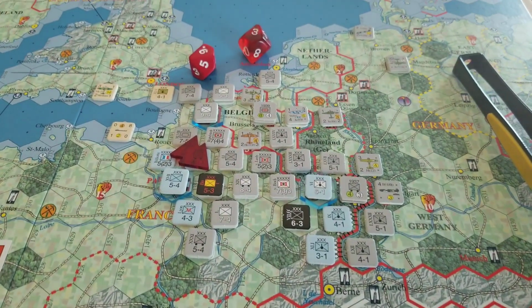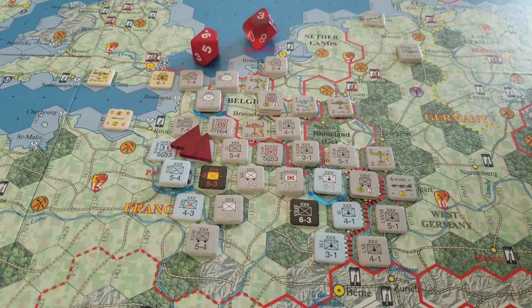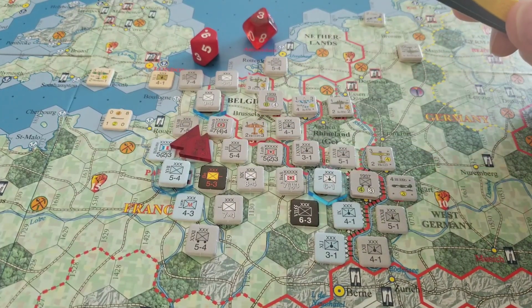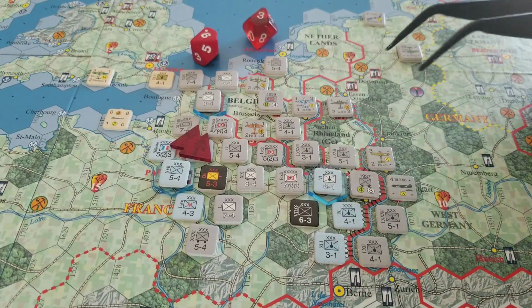All right, so 2 losses. There's nothing to shatter. Basically, what shatter would do is that anybody, after losses are taken, anybody that's left over gets put back onto the production track. So I think that takes place. That's more of a thing with